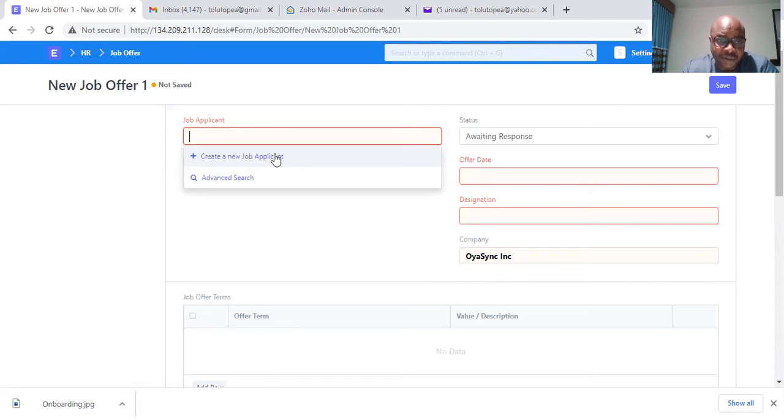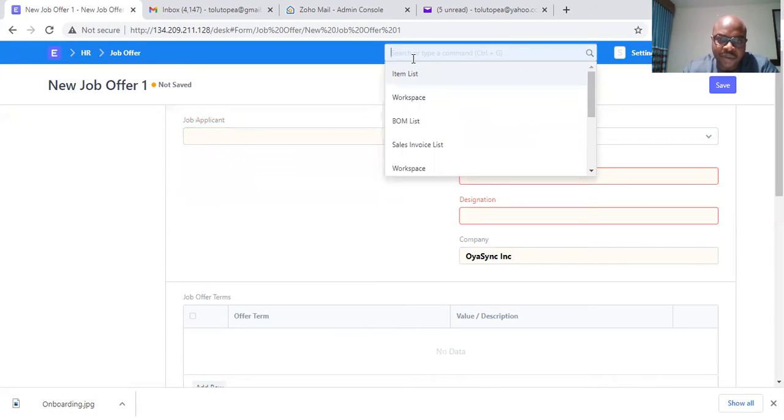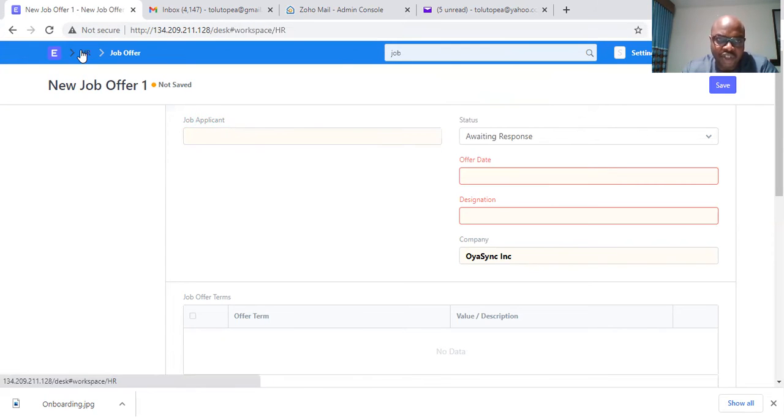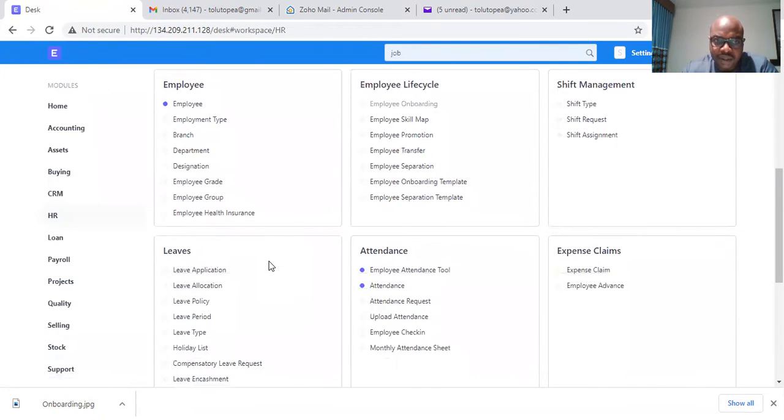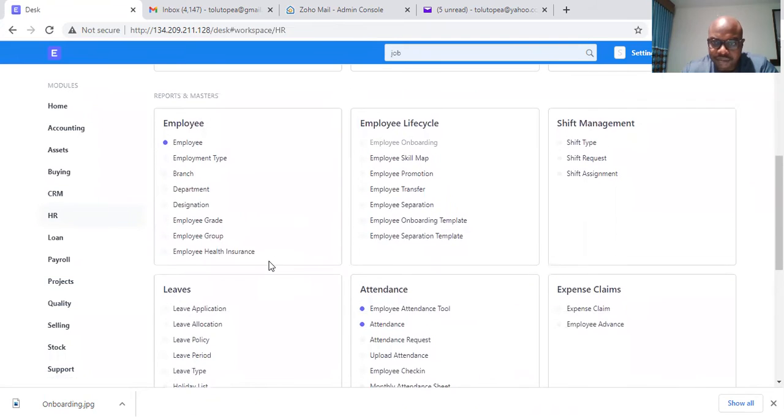You can't go and be giving a job offer. Why are you offering a job when there's nobody to have applied for the job? And what's even the job opening? Yeah. So we actually start with, you know, job opening. Now you can just search for job opening here, or you go to HR, and you come over here, and